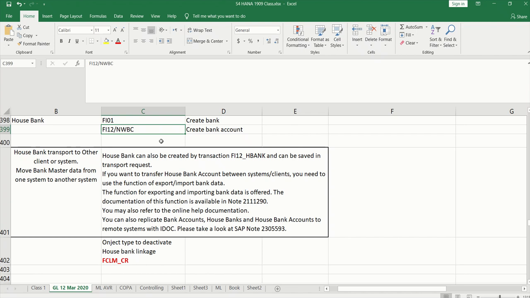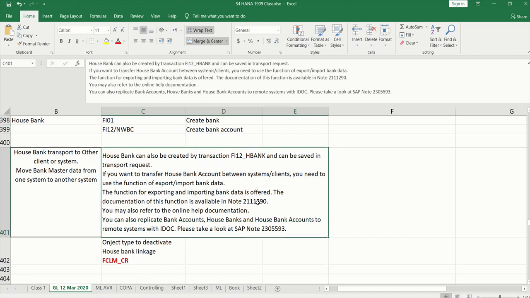So in this case, how are you going to transport the house bank from one system to another system? For that, SAP provided one SAP note. This is the SAP note which you can see over here, and by using this SAP note you can move the house bank from one system to another system.